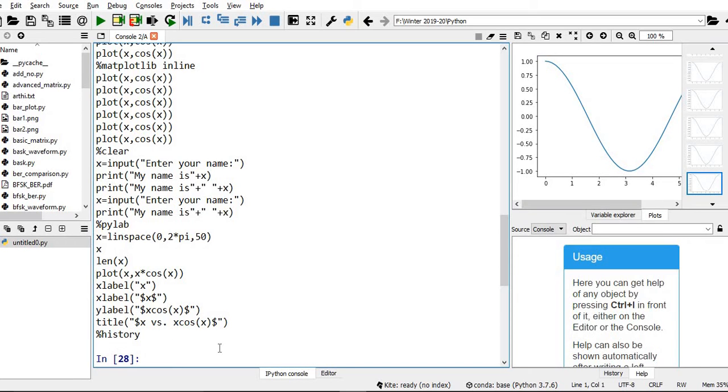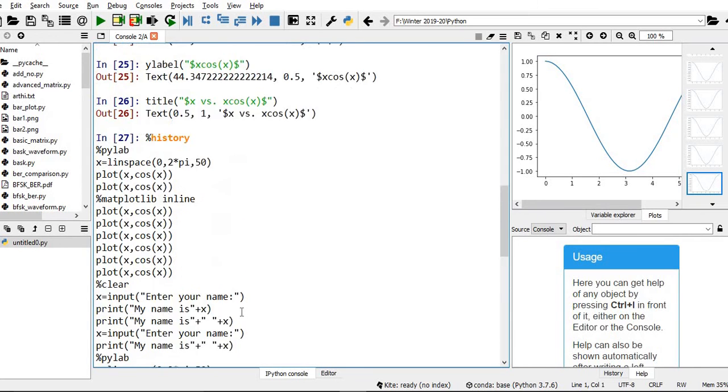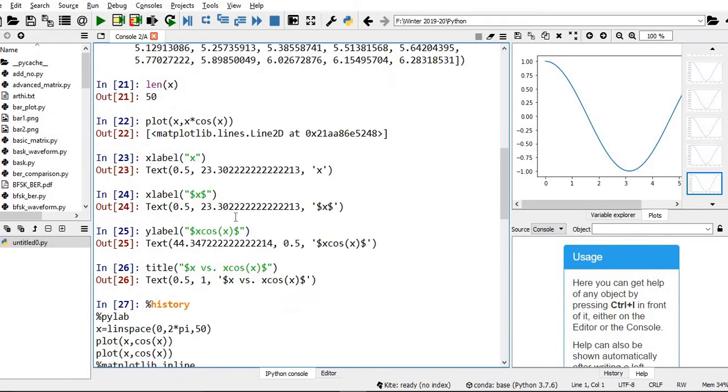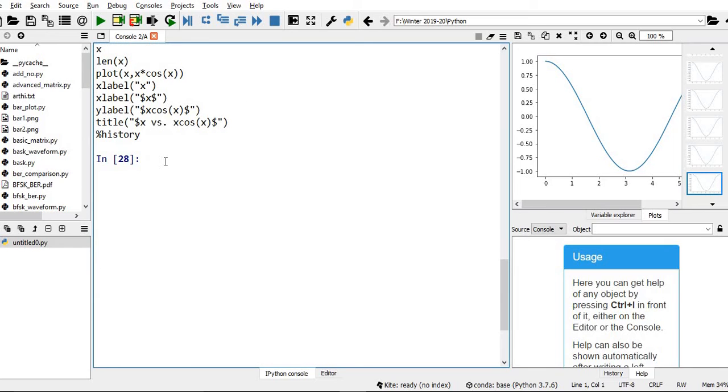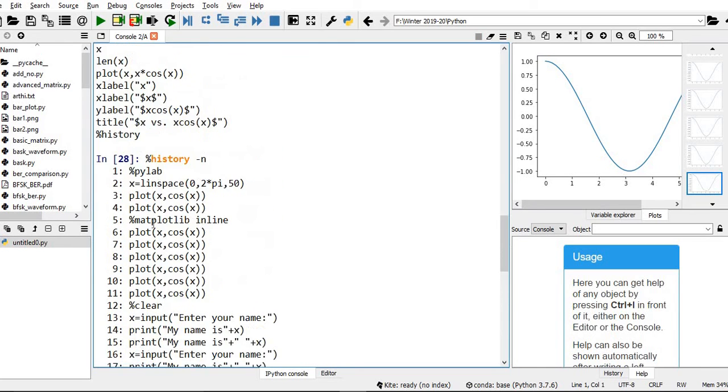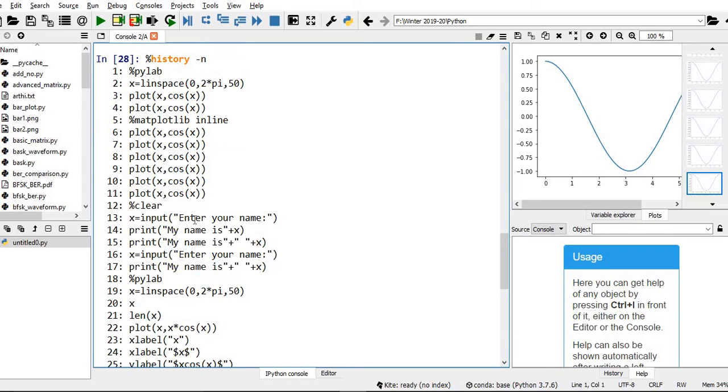Suppose you want to see the history of commands with the corresponding input numbers. For example, 21 length x, 22 plot x. So what we do is percentage history with -n, that will give the history of commands with input numbers. You just see 21 length of x, 22 plot x, with the line number displayed.